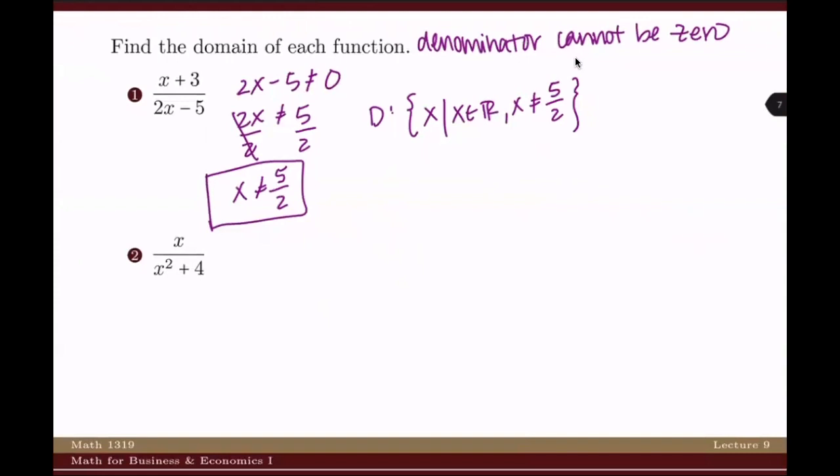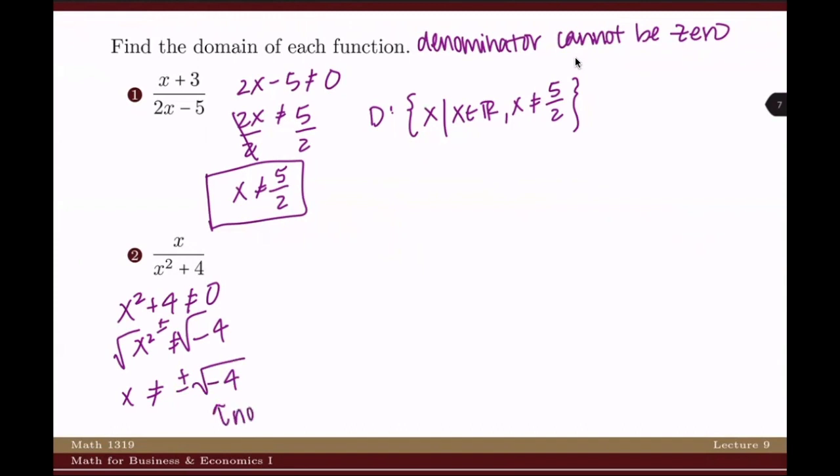All right, the next one says x squared plus 4 cannot equal 0. Well, by subtracting 4, I get x squared cannot equal negative 4. So the next step would be to take the square root of both sides, and then I would get x cannot equal plus or minus the square root of negative 4. But you can't take the square root